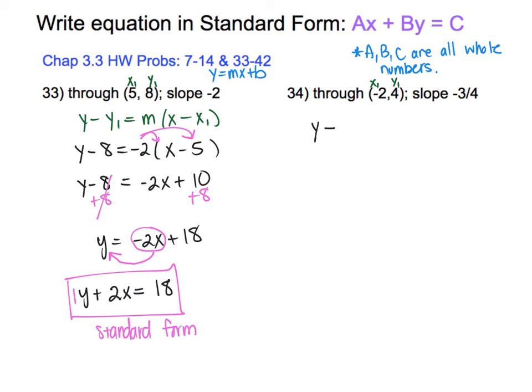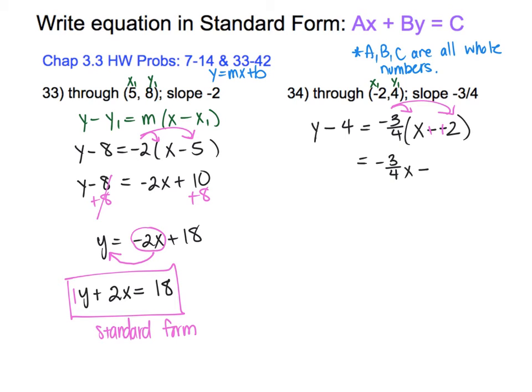So y minus 4 equals my slope, which is -3 over 4, times x minus my x value, which is -2. So then this becomes a positive, and then I'm distributing this fraction. So it might get a little bit messy with this fraction, but let's just hang in there. So -3 over 4 times x